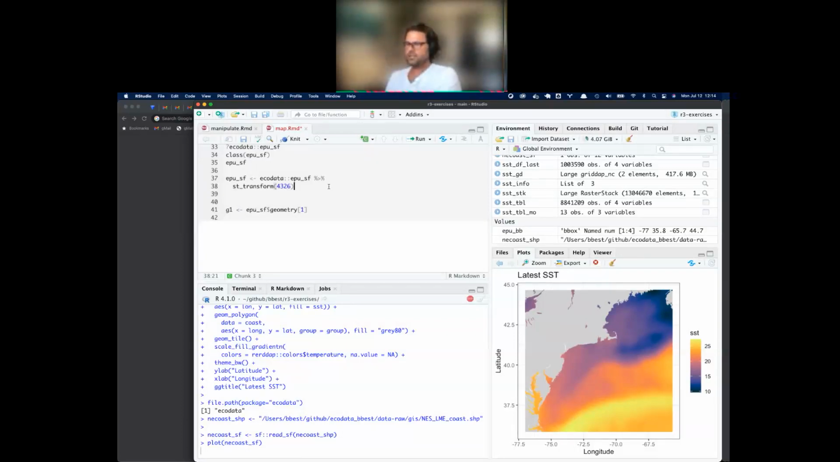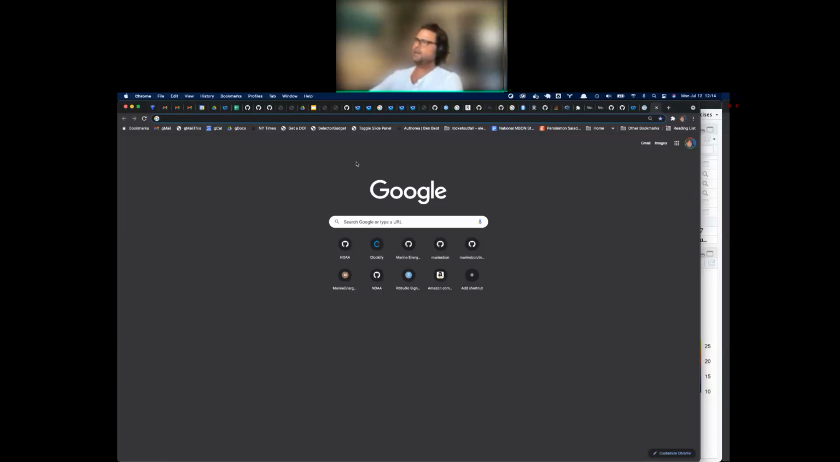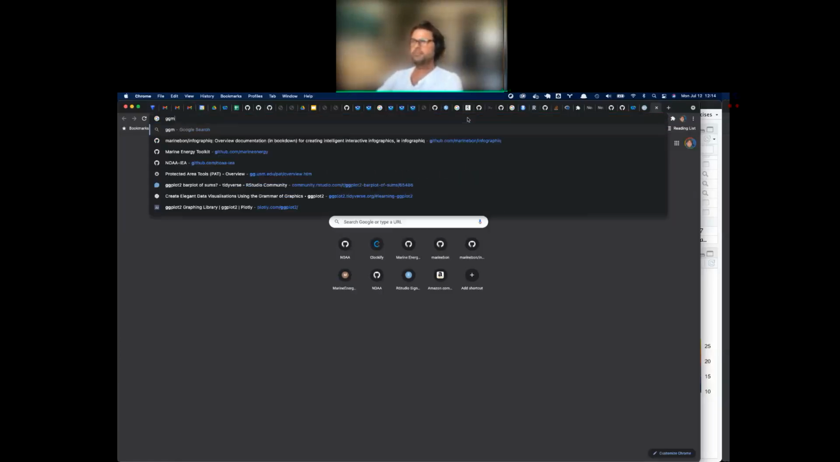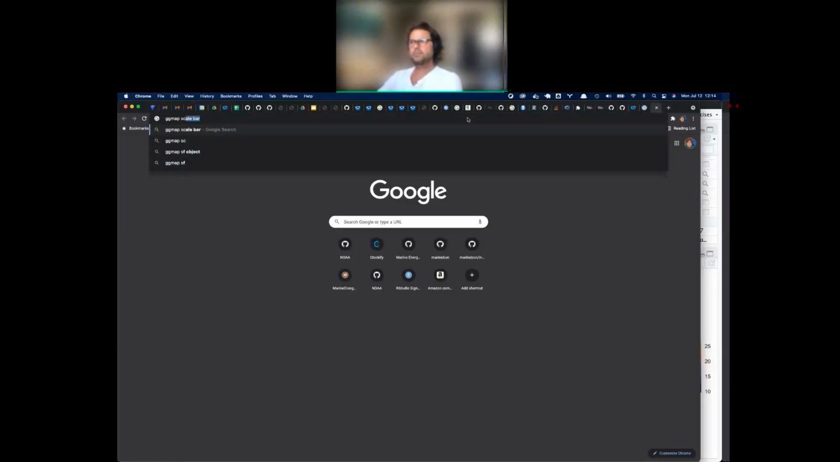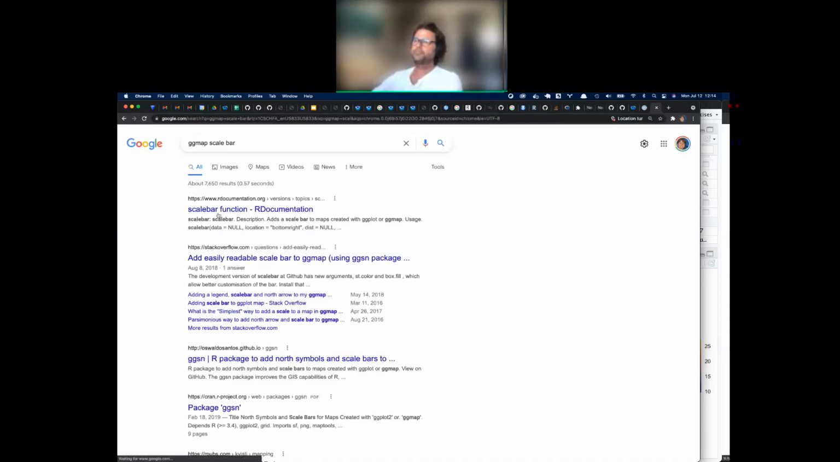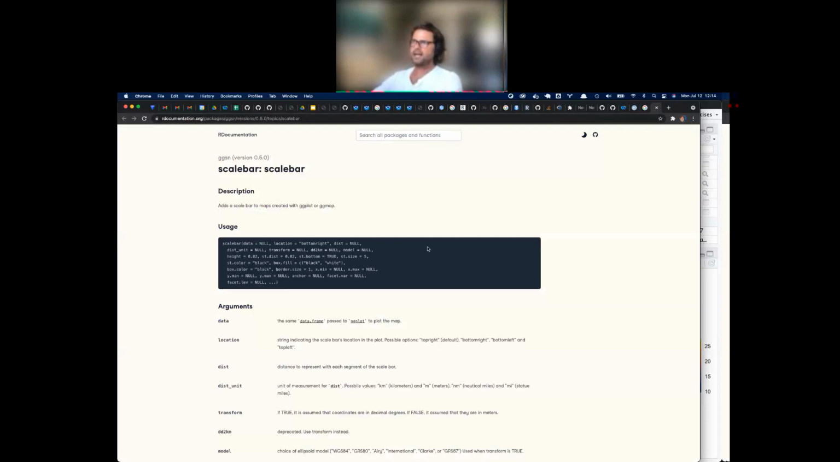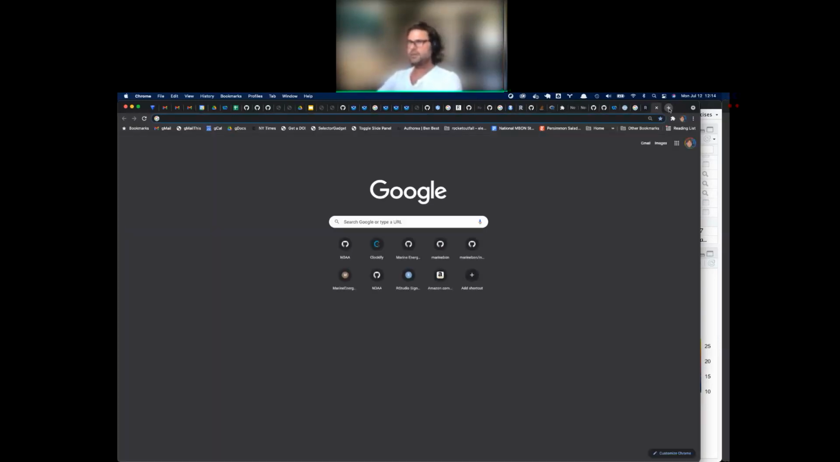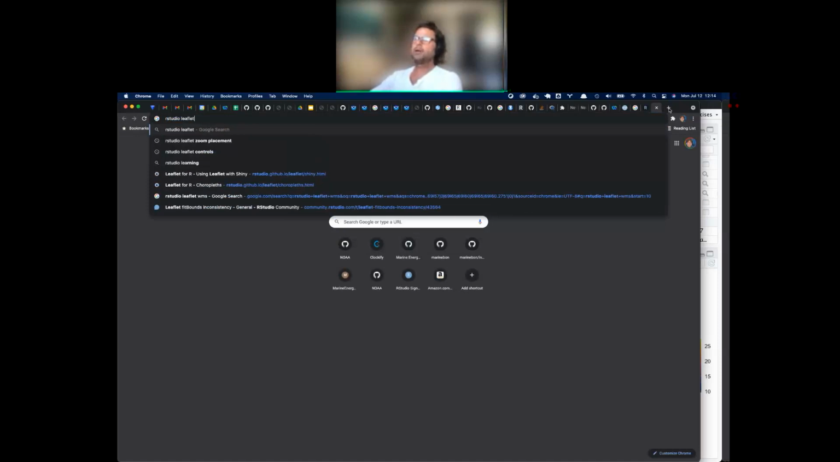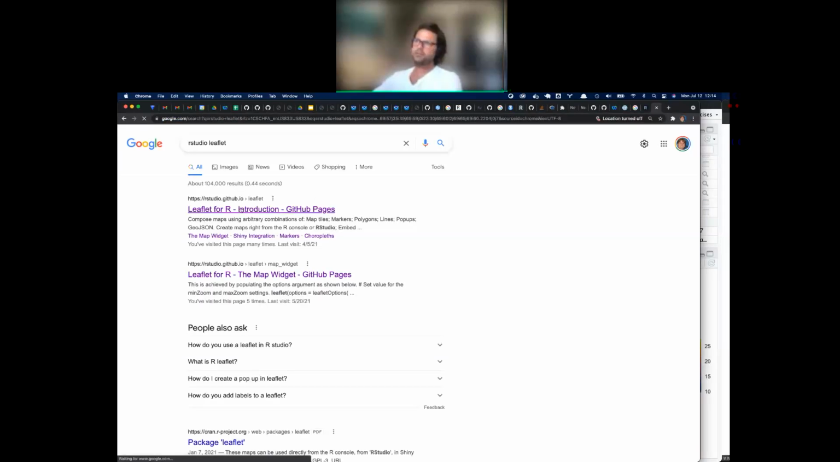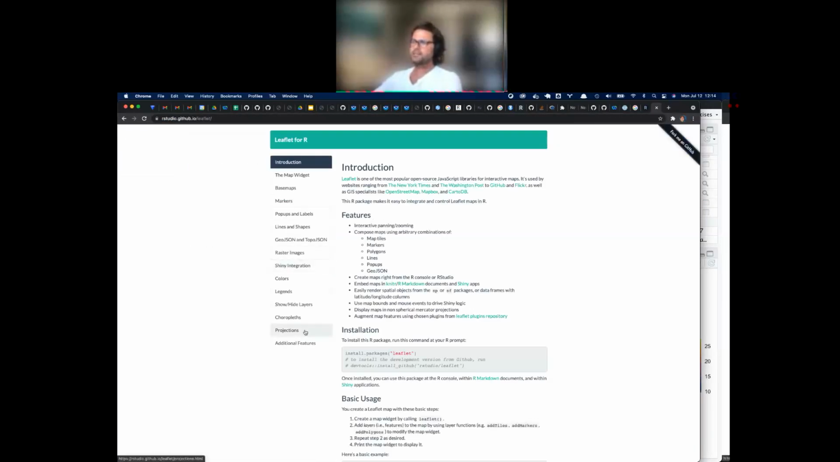Yeah, there is a utility function in ggmap to plot scale bars and north arrows. So that's what I would use for the static. And in the leaflet, if you go to the RStudio leaflet help, they talk about all these other kind of nice little additional features,